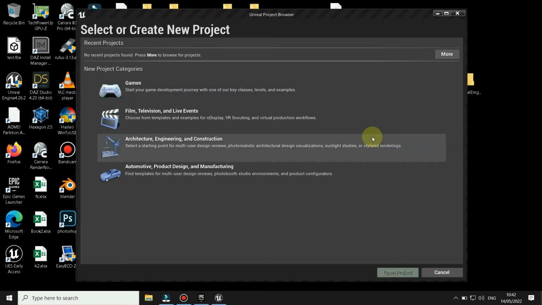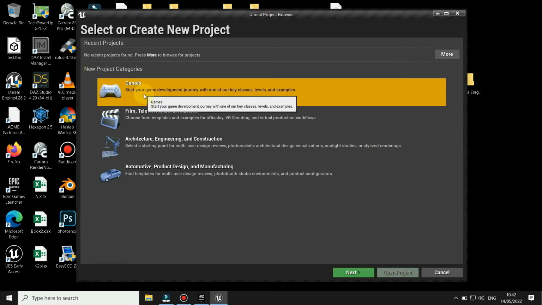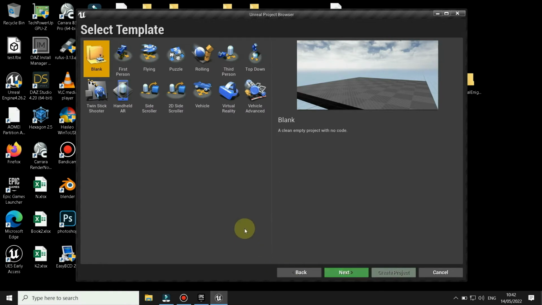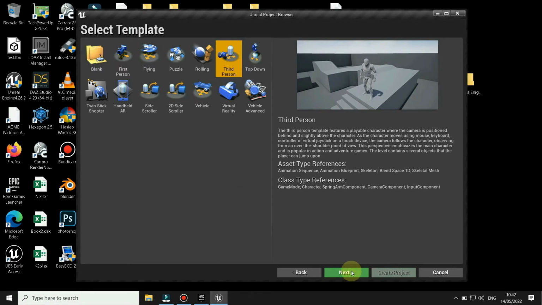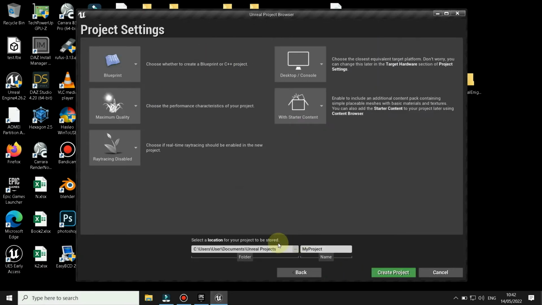And then all we do here, we leave everything default. We want Blueprint for easier access, and we want to make sure it's maximum quality. Ray tracing, it's up to you if you want to enable it. I just keep it default. Desktop that I'm using, and with starter content, and then just save the directory where you want to save it in. So I'm going to change the directory